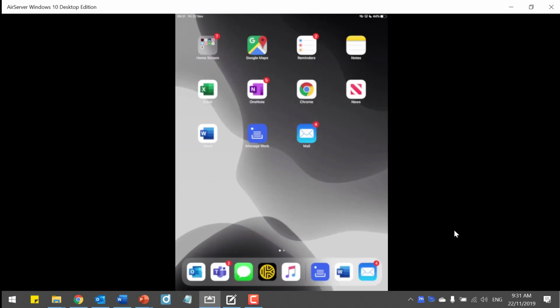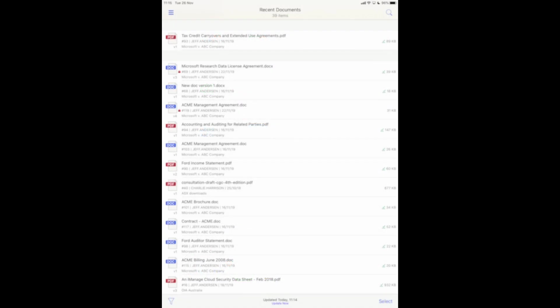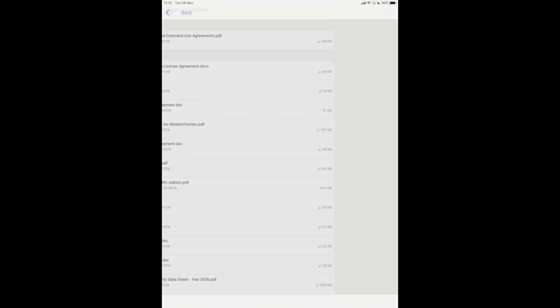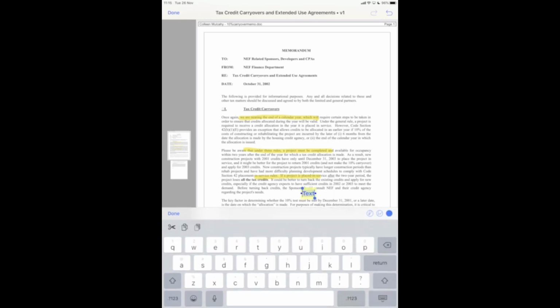Okay. Oh, that worked. Something I forgot to demonstrate during that last session was the ability to mark up PDF files. So I'll have a go at it now. So you can see here I've got my recent documents list, and I'm just going to open this PDF. I'm in the preview. You can see I've got various different pages, and if I just hit this markup button down the bottom here, I can start doing things like highlighting various pieces of text. I can also add text comments, so I can say please update,